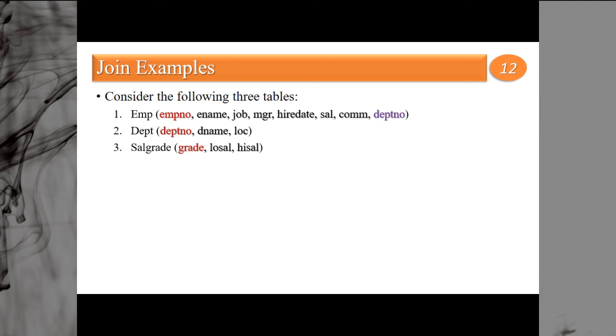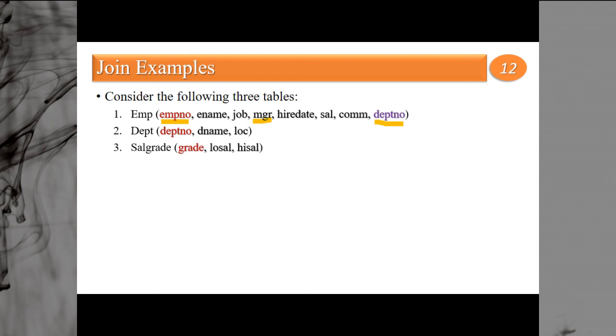You know very well, employee number is the employee ID, E name is the employee name, job is the job of the employee, MGR is the manager number of the employee, who is his manager. Hire date is the date of appointment, sal is salary, com is commission, and department number is the department number of the employee. Here remember that employee number is a primary key and department number is a foreign key which is primary in some other table, so it is primary in the department table. MGR is basically an employee number.